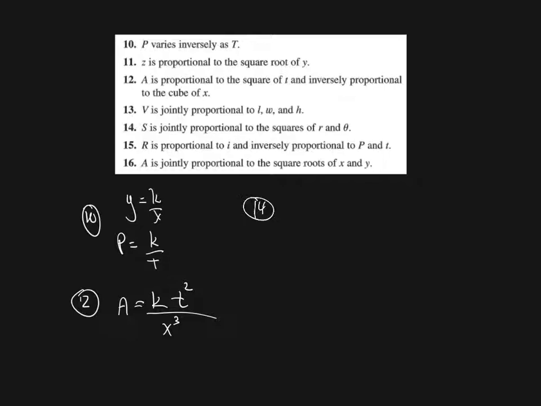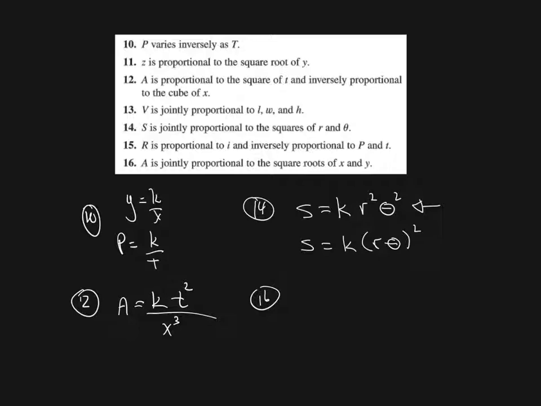All right. For 14, we have S is jointly proportional. It means I know I have multiple letters coming to the squares of R and theta. So the square of R and the square of theta. I suppose we could say that S is jointly proportional to the squares of R and theta like that. But I think I like this one better. It's a little safer. And then for 16,